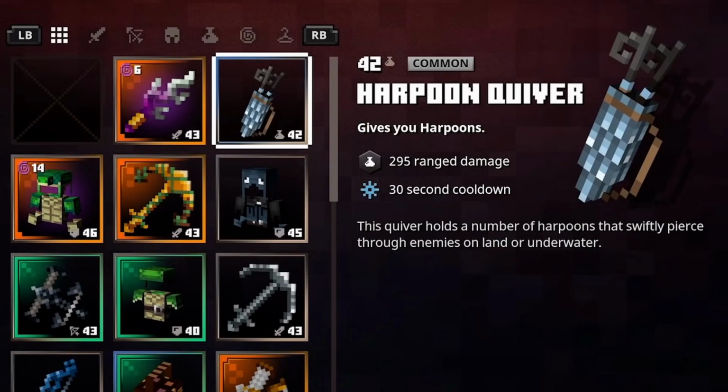The harpoon is a long spear-like instrument and tool used in fishing, whaling, sealing, and other marine hunting to catch large fish or marine mammals such as whales. This is from Wikipedia. So when it comes to Minecraft Dungeons, well, the thing is that the harpoon,